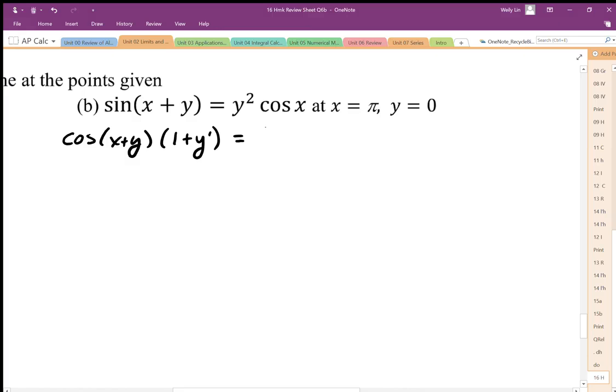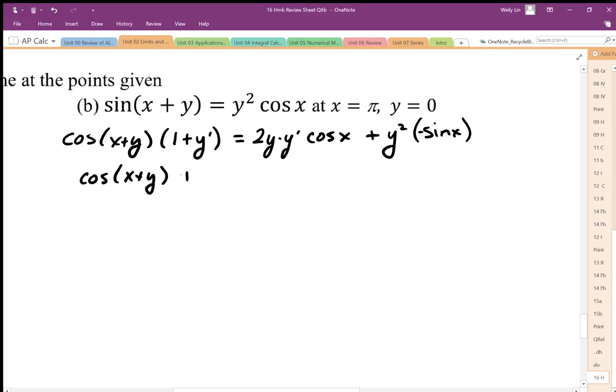On the right hand side, this is a product, so I need to apply the product rule. So first of all, differentiate the first term, leave the second term the same, and then differentiate the second term, so negative sine x. Okay, so then I need to evaluate the derivative. I'm going to isolate y prime here, but you could just plug in x and y and then solve for y prime after. I'm going to just isolate y prime